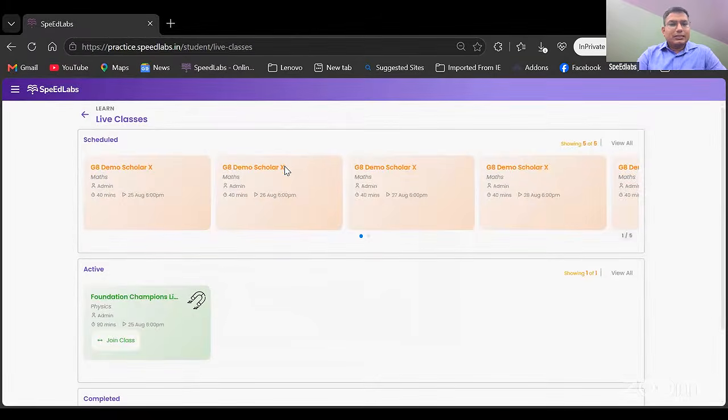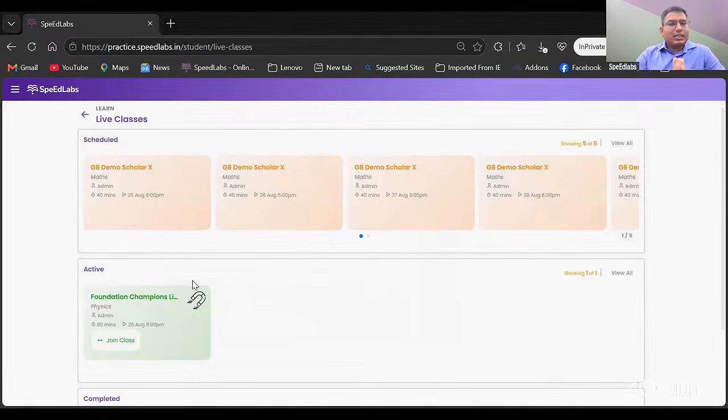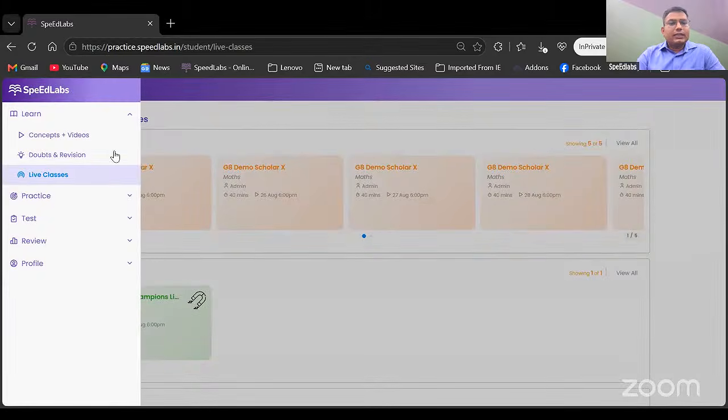So that is available right now in the application itself. The Live Class button is available, and the class is live. In the same way, you can join from the application. Each subject, each grade, the classes will be available in your application itself, and you can join. All right.